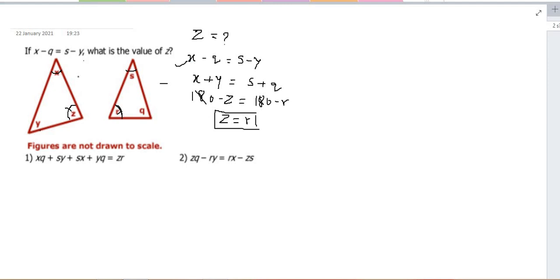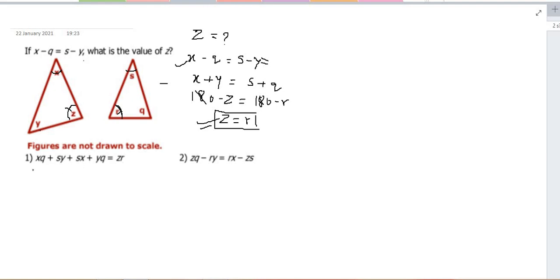Okay, so in the question stem, they did not want to directly give this Z is equal to R. They did not want to give this information to you directly. That's why they made it a little complicated and gave it to you in terms of this equation. So that's what happens when you actually solve the question stem. You can get very critical information out of it. Okay, so now we have analyzed the stem. Let's move on to the statements.